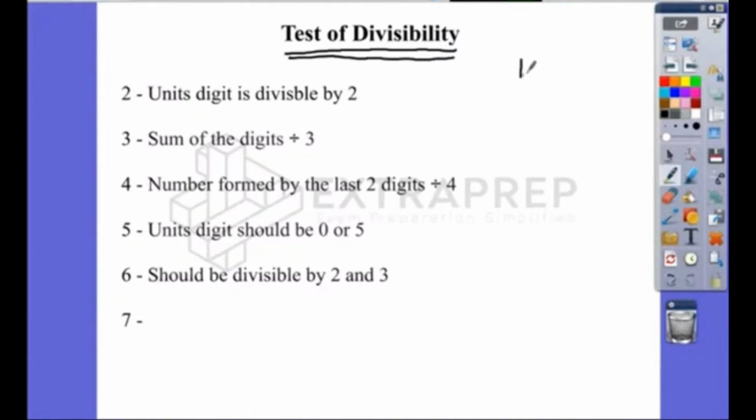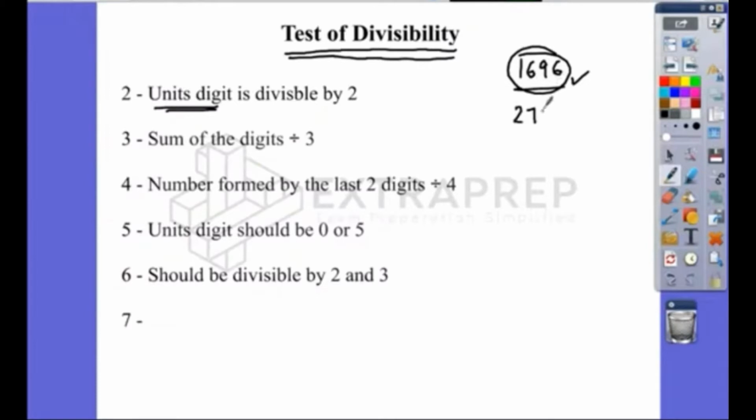For example, if I give you that I have 1696 chocolates with me, I'll have to divide that between 2 people. So can I divide this by 2? Yes, we can divide it by 2. How can we say, without even dividing it, that this is divisible by 2? Because for 2, we look at the units digit. If the last digit is divisible by 2, then it's definitely divisible by 2.